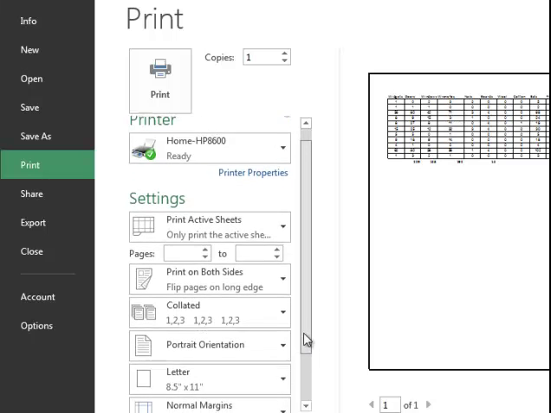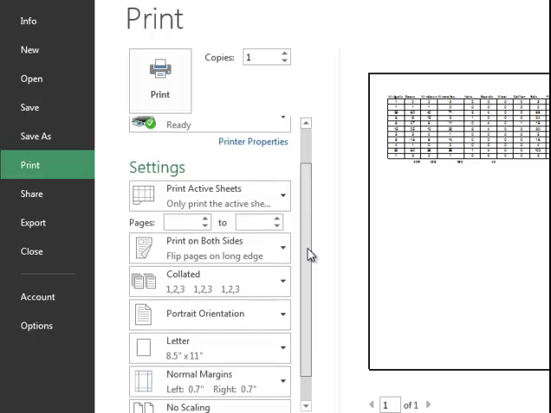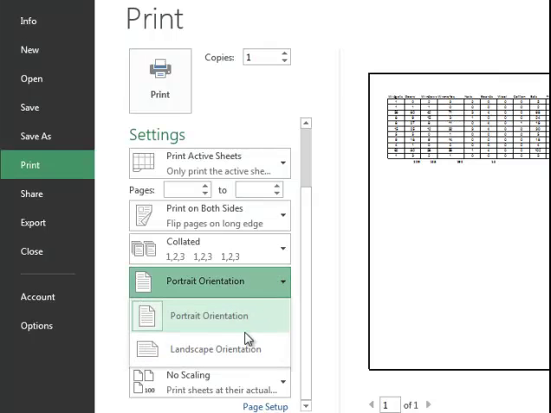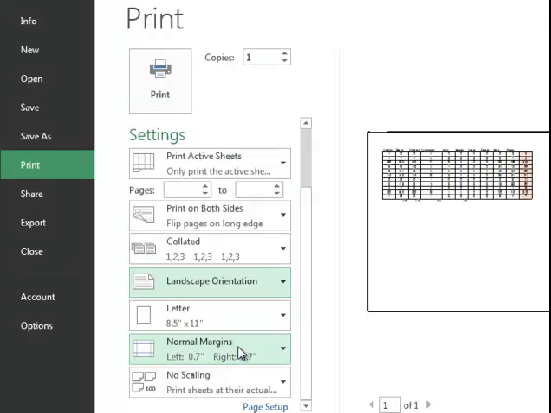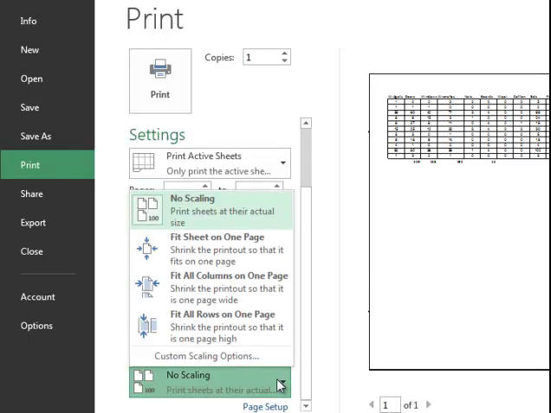But you can choose your active sheet. You can choose which sheets you want to print. With the printer I have, you can print on both sides, but that's not necessarily applicable in this case. You can print portrait or landscape orientation. If we change it, it'll show you the difference there. Change paper size, change normal margins, and change to no scaling in this case. But if you have a